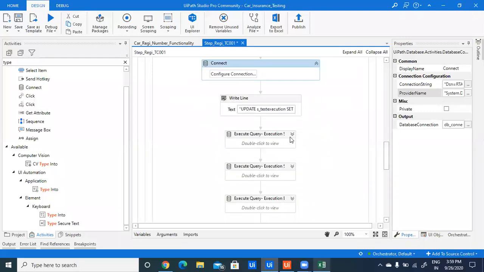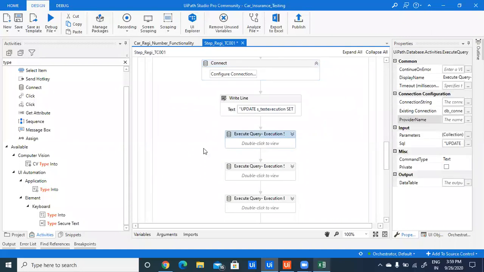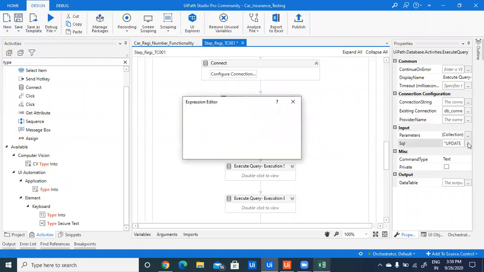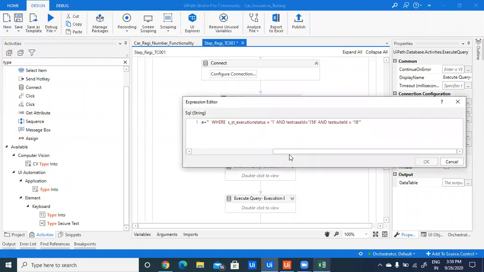After that, I have used the execute query activity. Drag and drop the execute query activity, and we can provide our SQL queries in the SQL property. Here I am using an update query to update my start time in the test management tool, that is in the execution start time column. I have to update my execution start time.